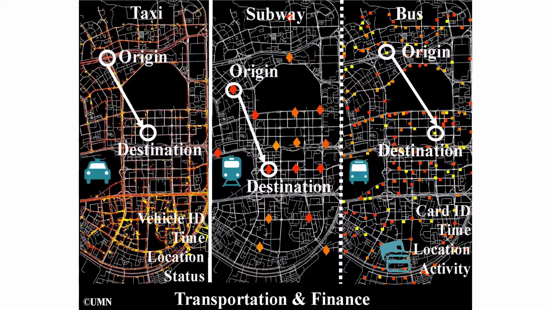And we also work on finance data, which is the smart card transaction data. Every card transaction record gives us a smart card ID, a time, a location, and an activity: get into the subway station, get out of the subway station, get on the bus, get off the bus. Based on the station map, we can get the origin and the destination of the subway passengers and the bus passengers here. So, based on those data and the system, the key contribution of this work is